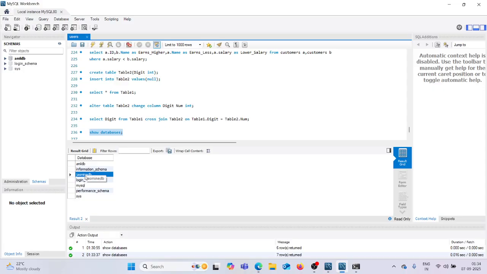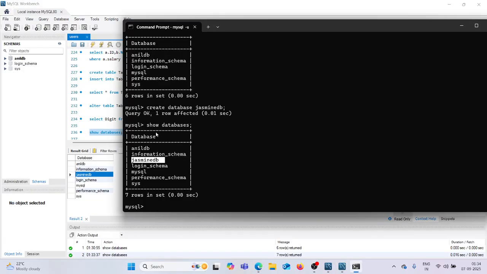So got it? For today's session, I'm winding up here. Hope you got clarity on the installation part, and we already started the queries part. As I showed, how to create a database and show databases.